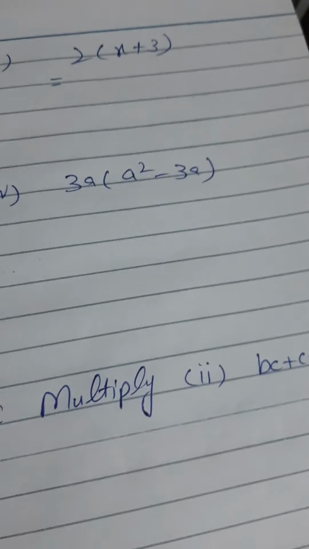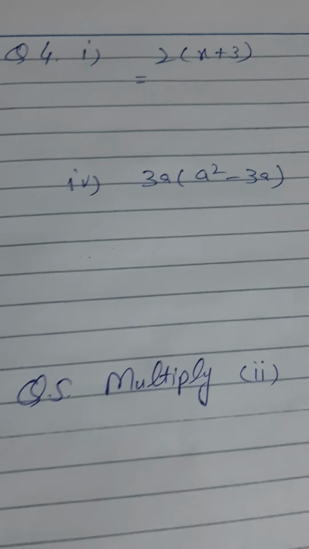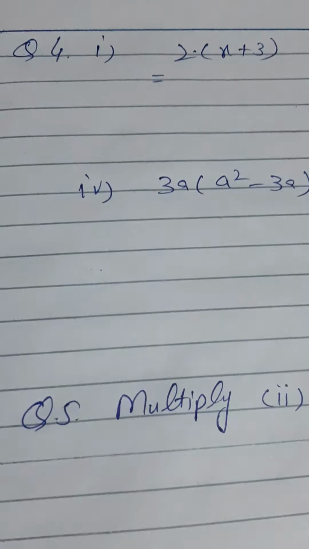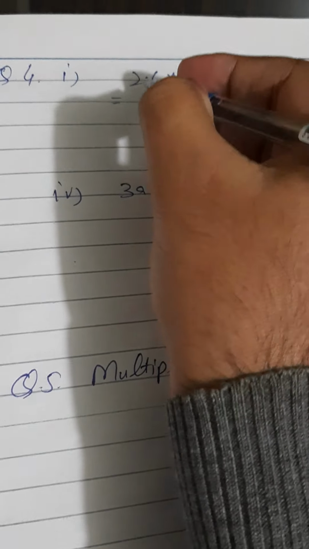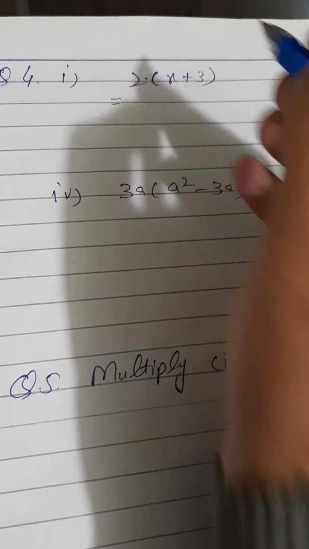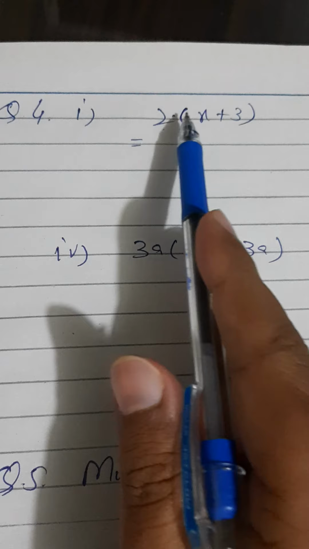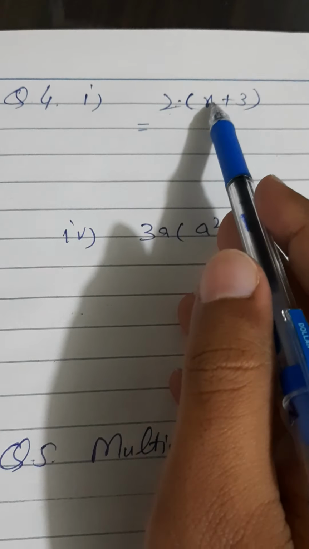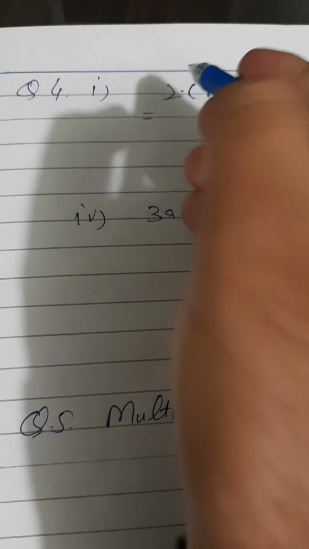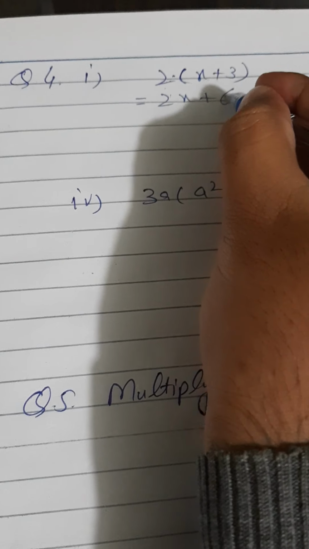Now come to next question. There is again a type of simplification. So 2 is multiplying with x plus 3. First we multiply 2 with x. Meaning, if there is any number written before a bracket, how do we have to solve? We have to multiply with all terms written within the bracket. First we multiply with x, then multiply with 3, so it's 2x plus 2 multiplied by 3, it's 6, so